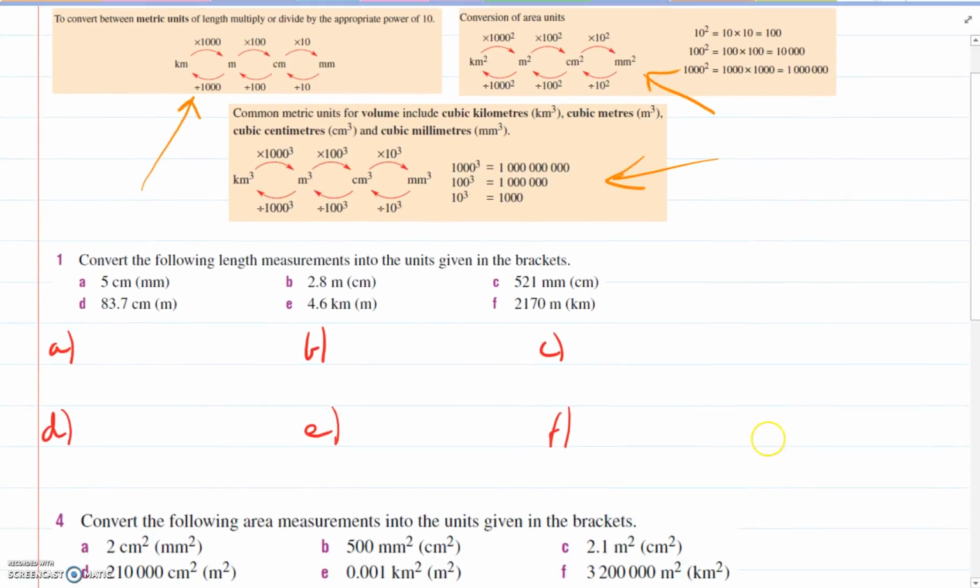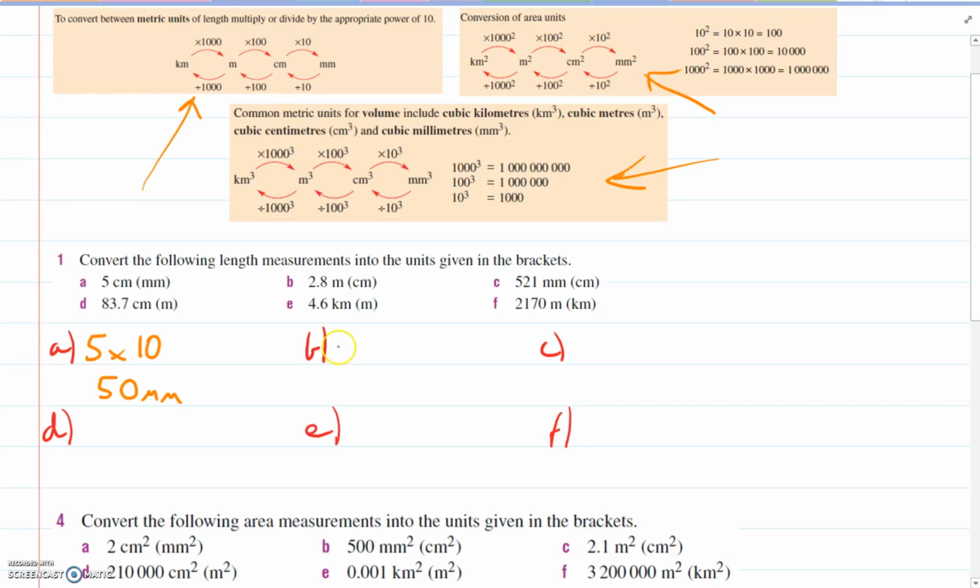So if we're going 5 centimeters to millimeters, we need to multiply 5 by 10, which is pretty straightforward, 50 millimeters. Always state the unit after the number in this case. For B here, from meters to centimeters, again we're multiplying, so 2.8 times 100, because there's 100 centimeters in 1 meter, and that's the same as 280